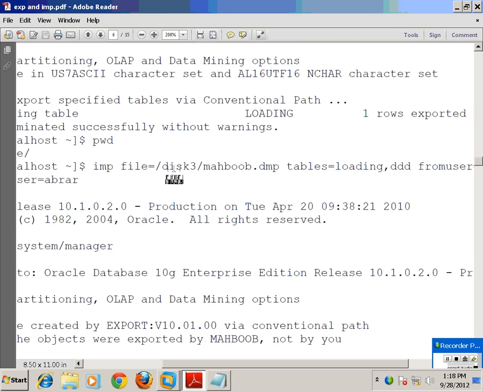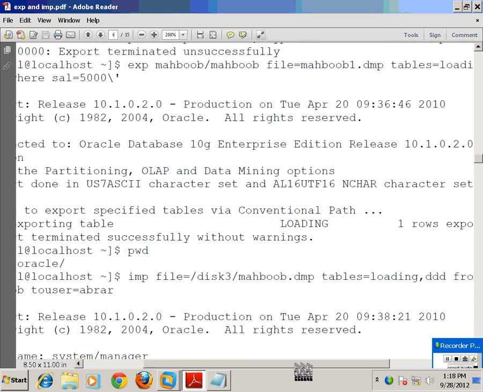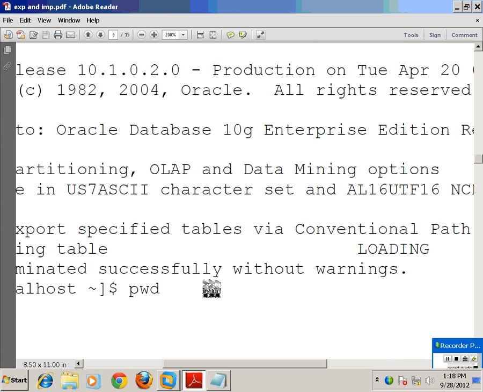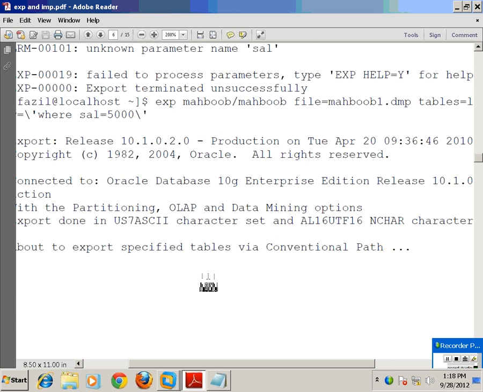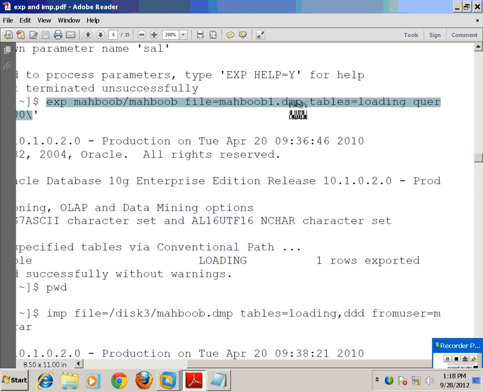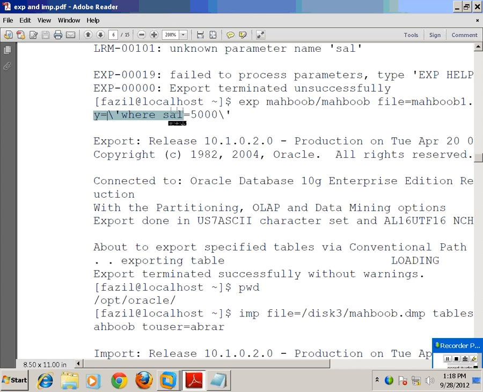Import file, table, here you are importing. See, observe here, I have a parameter. Here I am exporting the Mehboob user's table loading, and I am giving a query. Query equals, you have to specify the query like this.